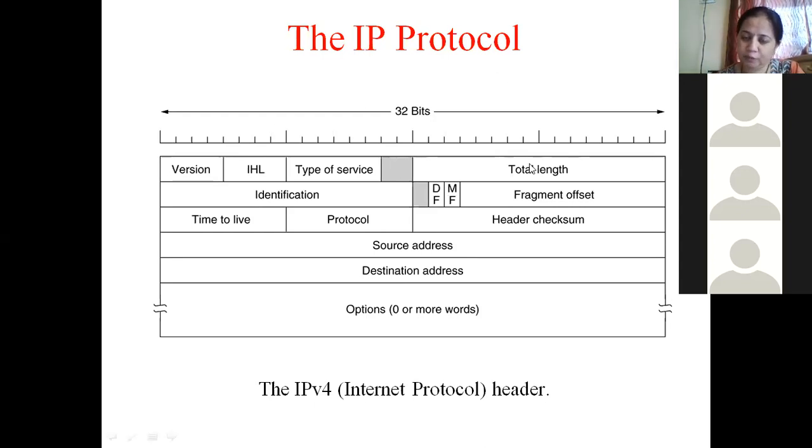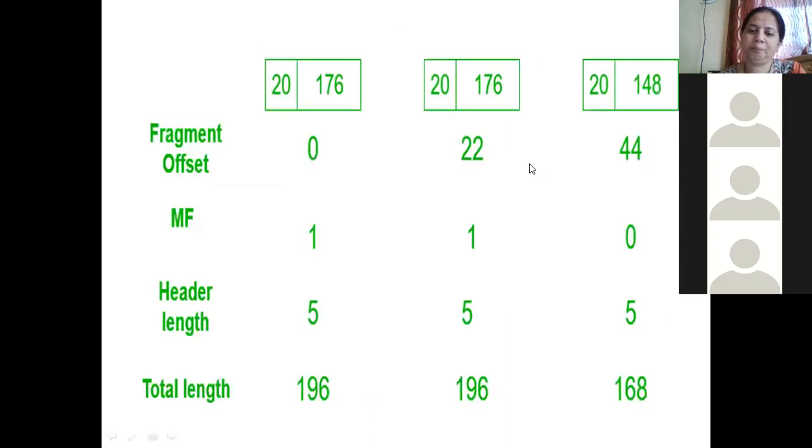To make you all understand the concept of fragmentation properly, let us take one example. With the help of one example, I'll try to explain. Look at this particular diagram. Imagine we have a particular datagram which has been fragmented, broken into 3 fragments, into 3 different chunks or 3 different datagrams.